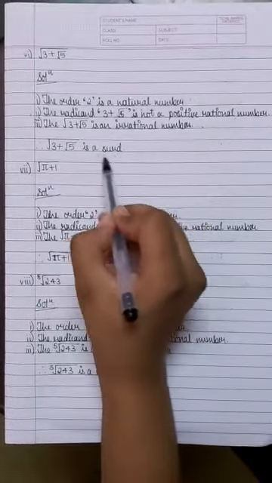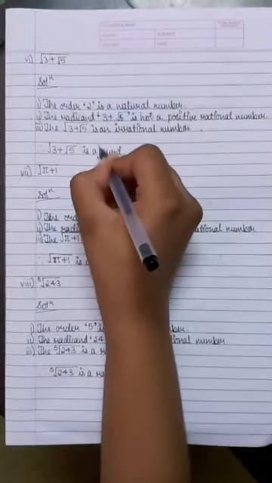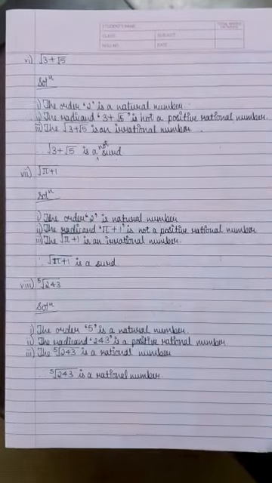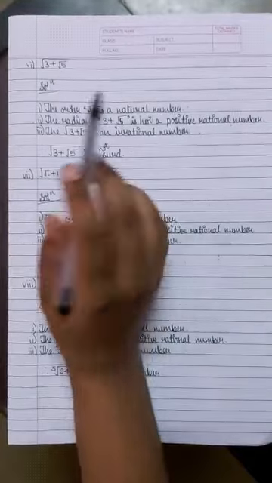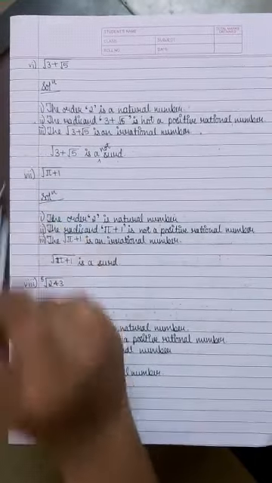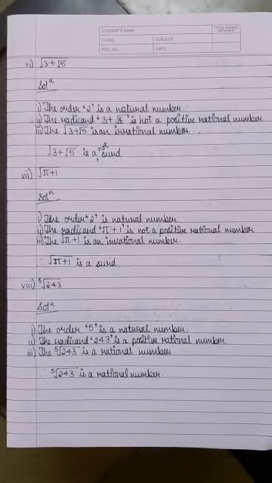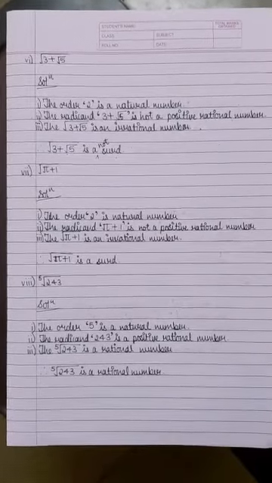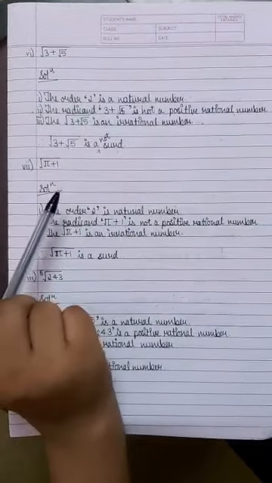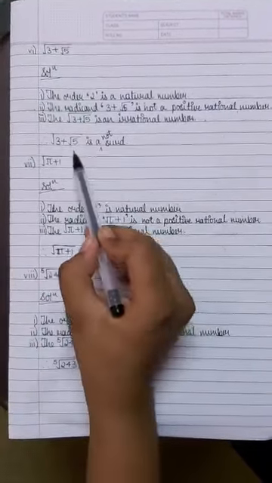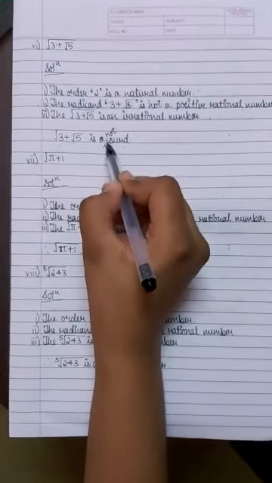So if you write it is a surd, it's going to be a wrong answer. So we need to add it is not a surd. But we can't write it's a rational number, because the root of this number is not a rational number if you calculate it. The ones which I wrote as rational numbers, when we take the root of the number, we are going to get a rational number. But here, in this case, it's not going to be a rational number. So you have to write it is not a surd. Sorry, we have to write a after not.